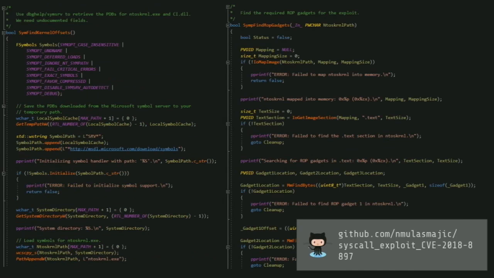To achieve that functionality, we just load symbols using the Microsoft symbol server. Microsoft has a public website where you can contact and get symbols for your particular kernel version that you're running on. As long as the box that we're trying to exploit has internet access, we can download symbols appropriate for your kernel version, touch these undocumented structures, things that may change per patch, and reliably exploit all the different kernel versions that exist.